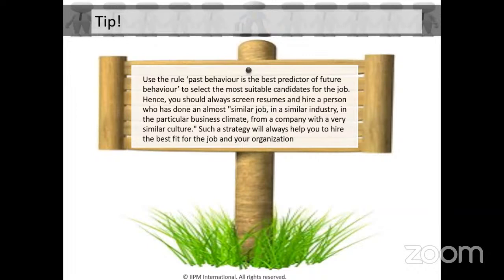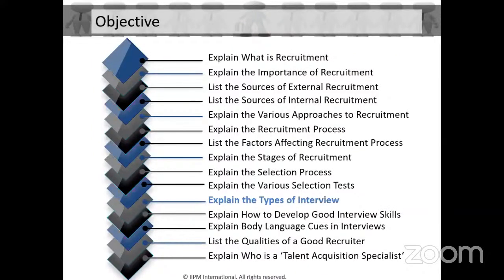This is a tip, and a tip worth taking note of. So let's talk about the types of interview. But before we talk about the types of interview, I have a question. This question is from Ehizoje Irebu. He said,